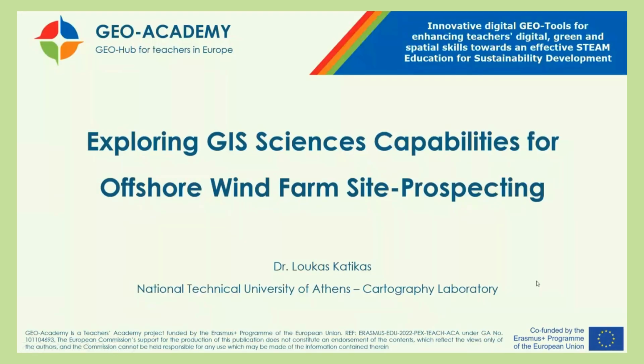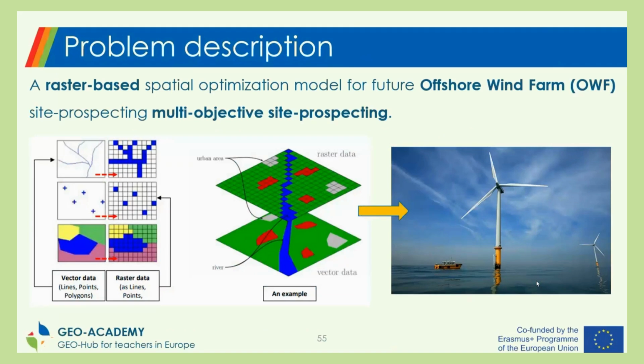One activity we created actually 4 years ago was on how to explore GIS sciences capabilities for offshore wind farm site prospecting. The core idea was to test this activity with primary school students, 6th graders, and how we can, let's say, transform this multi-criteria decision-making concept. It sounds complex, I know, to a hands-on activity for primary school students, where the students are trying to identify